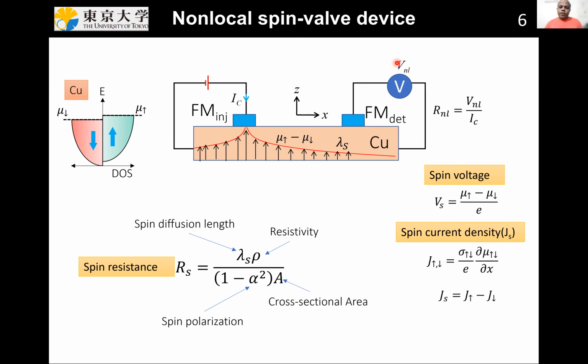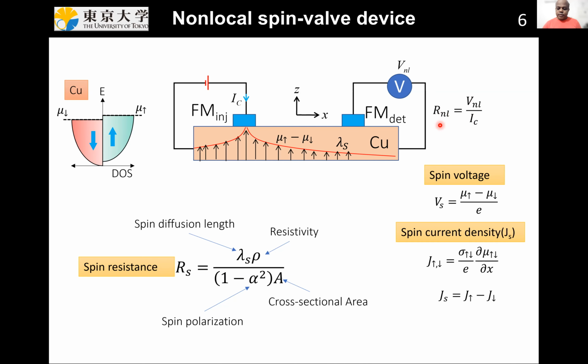Note that this voltage does not appear because of a charge current flowing here, because charge current is flowing only in this closed circuit, and there is no charge current flowing towards this side. You can understand it like this. Here you apply a voltage and produce a non-equilibrium spin accumulation below the injector. So now there is a non-equilibrium spin accumulation below the injector here, and it will produce a voltage due to the reverse process. Also you can define a resistance by normalizing the voltage to the injector current, and we call it the